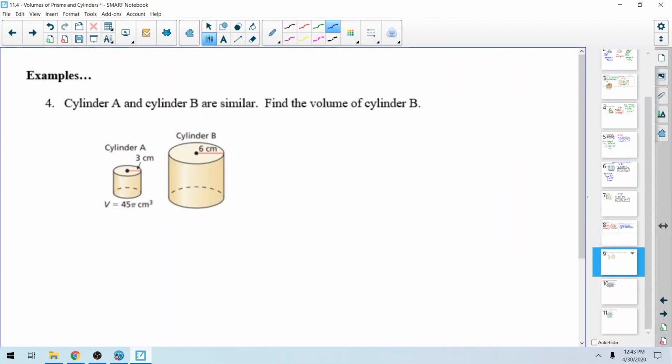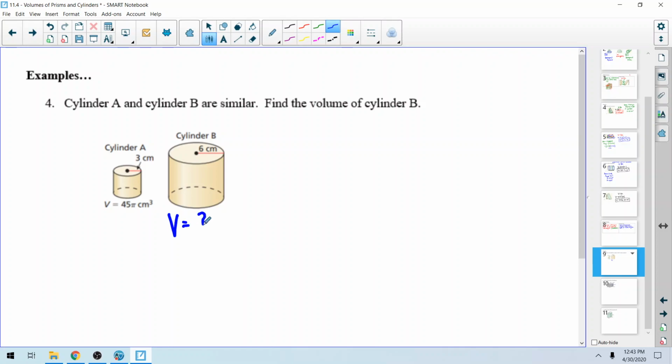So starting out, we're going to start with our similar solids, and it says cylinder A and cylinder B are similar. Find the volume of cylinder B. Now, in order to do this, we might need to take a step back and try to remember something, but let's see how we do on this first one. So cylinder A has a radius of 3 centimeters, and cylinder B has a radius of 6 centimeters. We know the volume of cylinder A is 45 pi centimeters cubed,